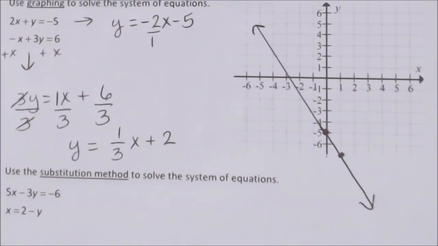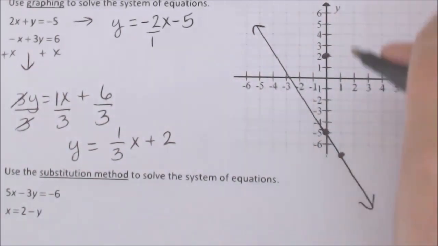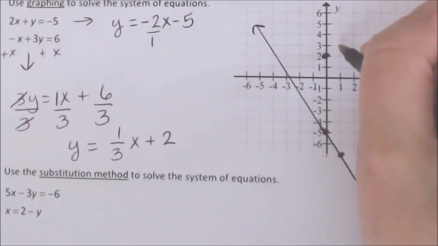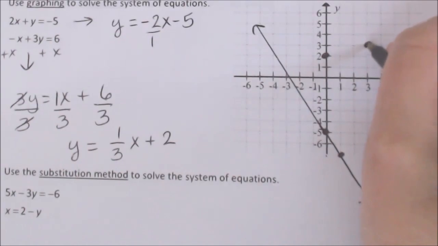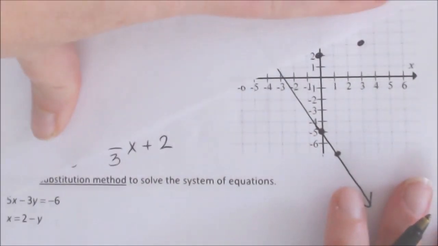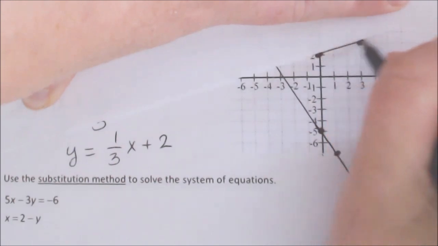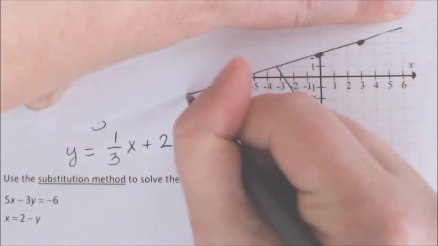So the y-intercept for this equation is 2. The slope is a positive 1/3, so I'm going to go up 1, and I'm going to run to the right 1, 2, 3 units. Just try to get it, like I said, as straight as you can, and let's see if we can come to some consensus on where it looks like these two lines intersect, because that's going to be our solution to